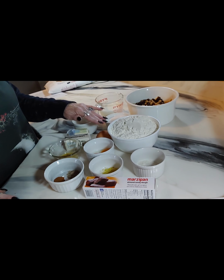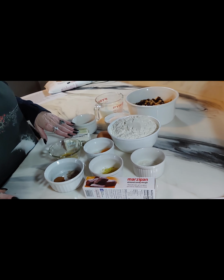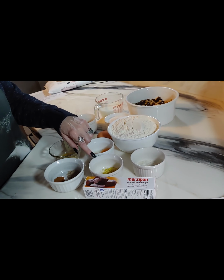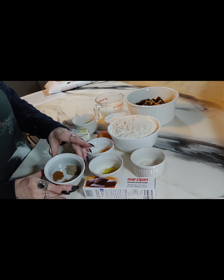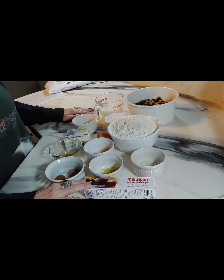flour, plus a little extra for later, 1 large egg, 2 large egg yolks, 3/4 cup unsalted butter, room temperature, 2 teaspoons pure vanilla extract, zest of 1 lemon, 1 teaspoon salt, 3/4 teaspoon ground cardamom, 3/4 teaspoon ground mace, or you can substitute nutmeg, 1/2 teaspoon ground cinnamon, 8 ounces of marzipan or almond paste,